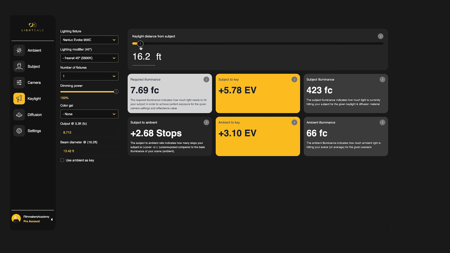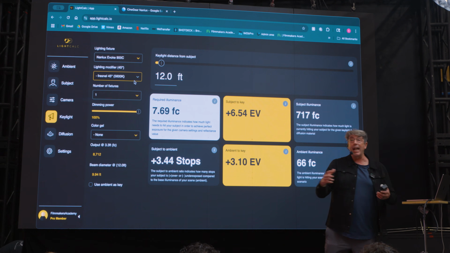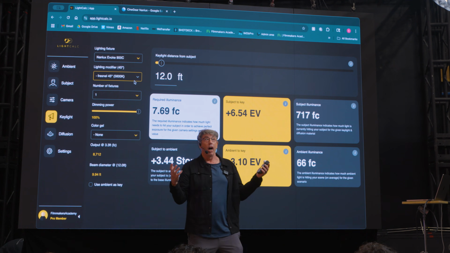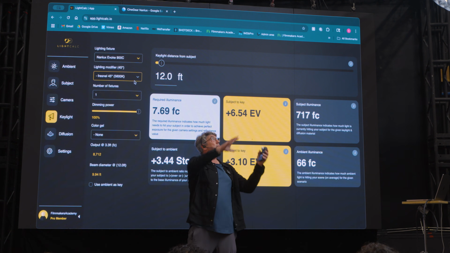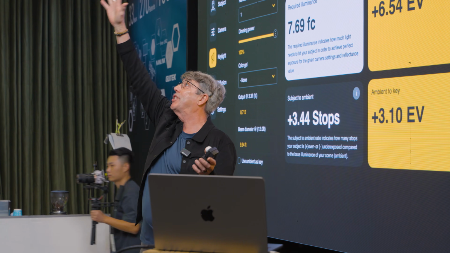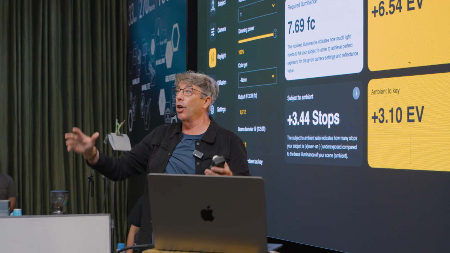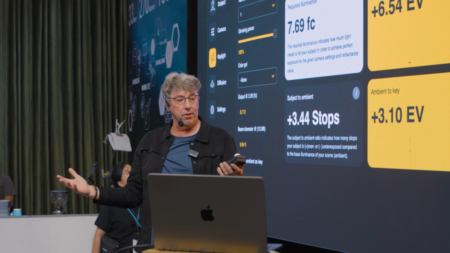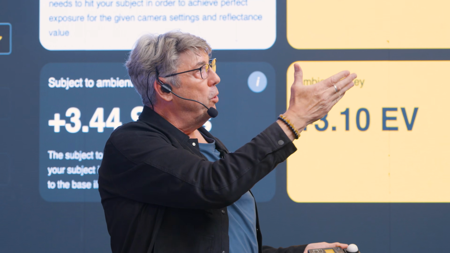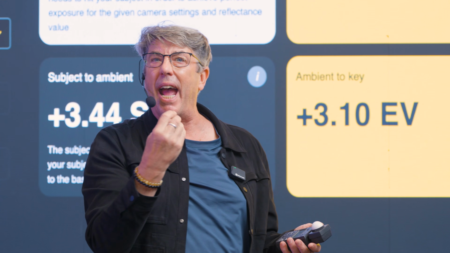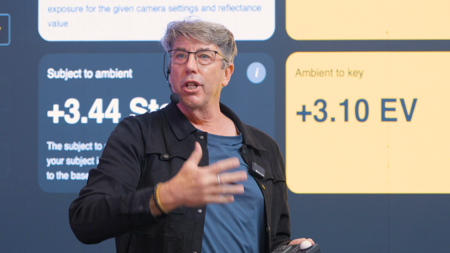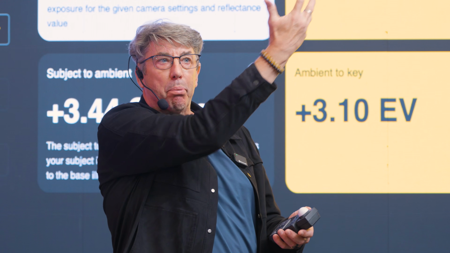For me to pop out of this environment, I'm going to have to overpower those lights and what's in the ceiling right now. That was 66 foot-candles, so I'm going to need to overpower that, and I want to have 2.5 stops. So let's say